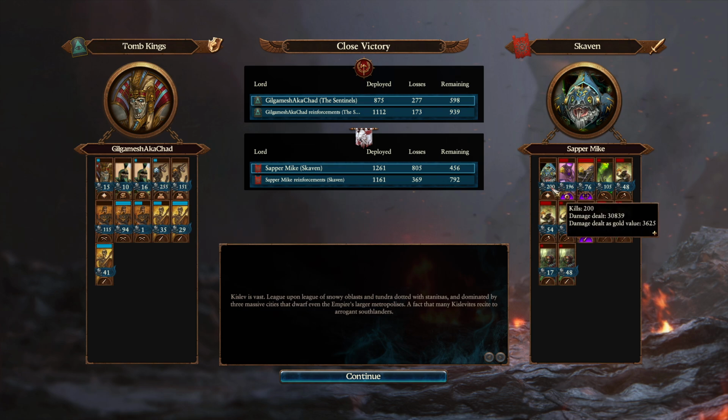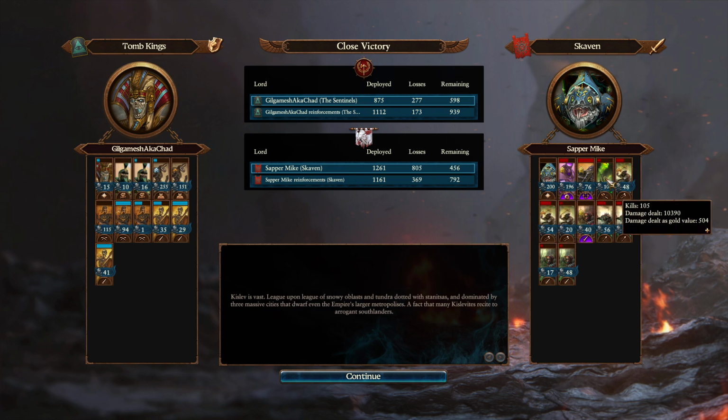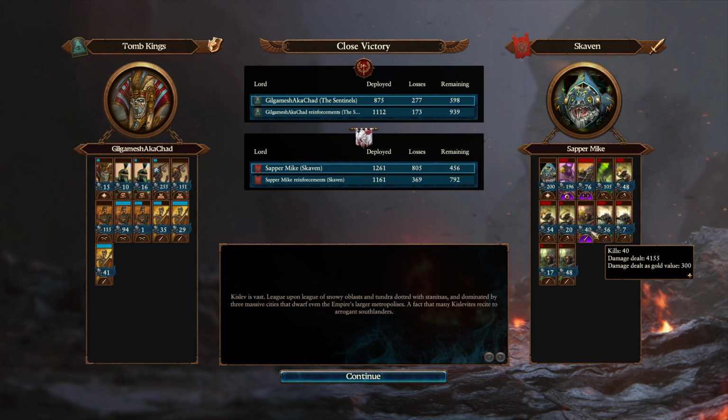But let's see. Look at that. That's an immense amount of damage on Ikit Claw. So like I said, my opponent was really using him very effectively. Avalanche Mortars did decent. Warplock Jezzails did alright. They probably cost a good bit more than that. Some of these artillery did not do great because I got on top of them early in the match. Again, he had a lot of resources on the right side on, I want to say, point 1. And because of that, I was able to rush through his clan rats and get on top of those